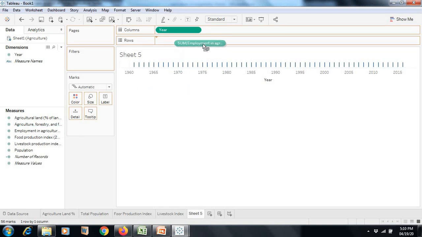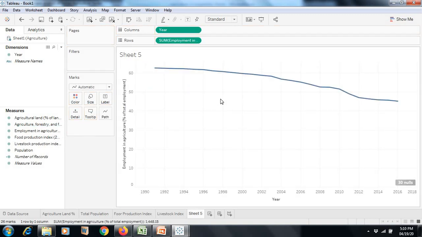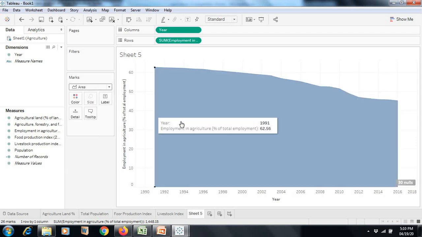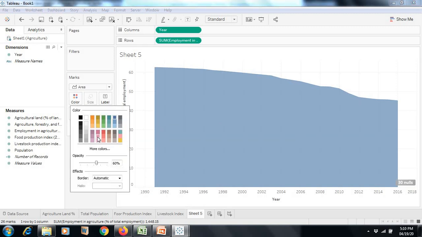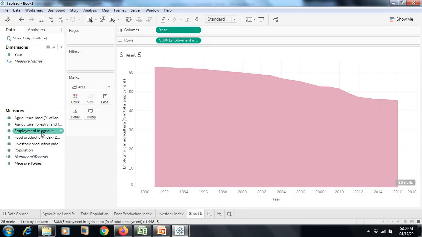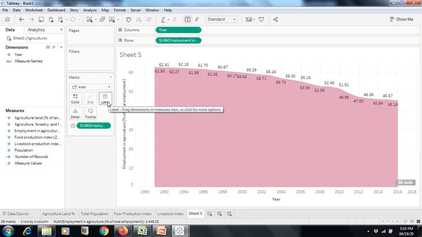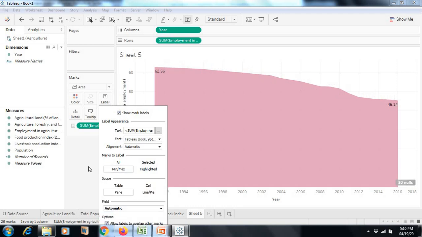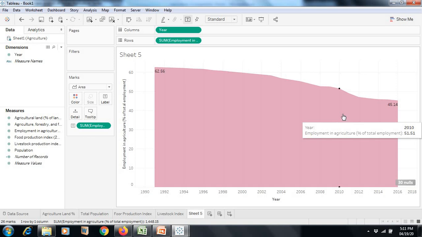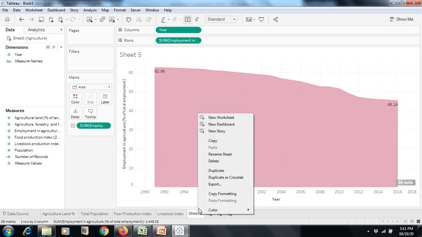Next is the year, and here it is the employment in agriculture sector. So this is coming down. Again, here I want to use this area chart. Instead of this color, I want to use a color like purple. So this is my employment numbers. Mark the label on minimum maximum only. So employment in agriculture sector is decreasing and employment in other sectors of the industry or the country is increasing.